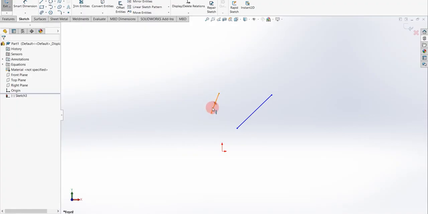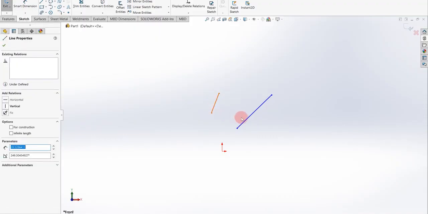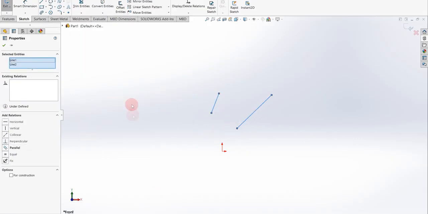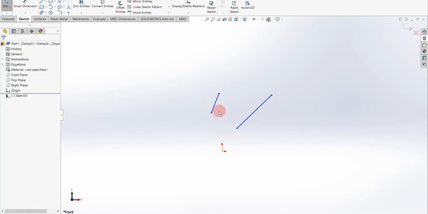When you want to select one or two geometries, or one or two lines, or one line and one curve, you just select the first curve, then press and hold Ctrl and select another one. This way you can select multiple curves in your drawing. So here we can see relations. There are various types of relation. Firstly, I am going to select only one line.